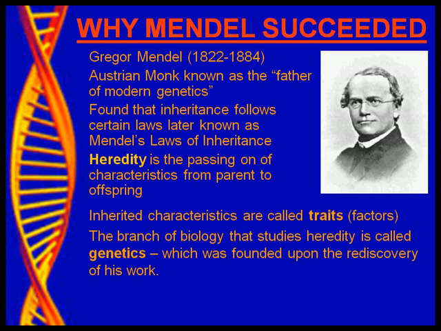The first thing we'll talk about is heredity, and this is a pretty simple definition. It's the passing on of characteristics from parent to offspring, and this is obviously not just pea plants, but for people like you too. Inherited characteristics are called traits, and we kind of already talked about this when we started talking about meiosis. Mendel called them factors. Again, this is the 1800s. He had no real idea what DNA was, how it worked, and all the details that we have talked about and will talk about. It was only because of technology that he did not know these things.